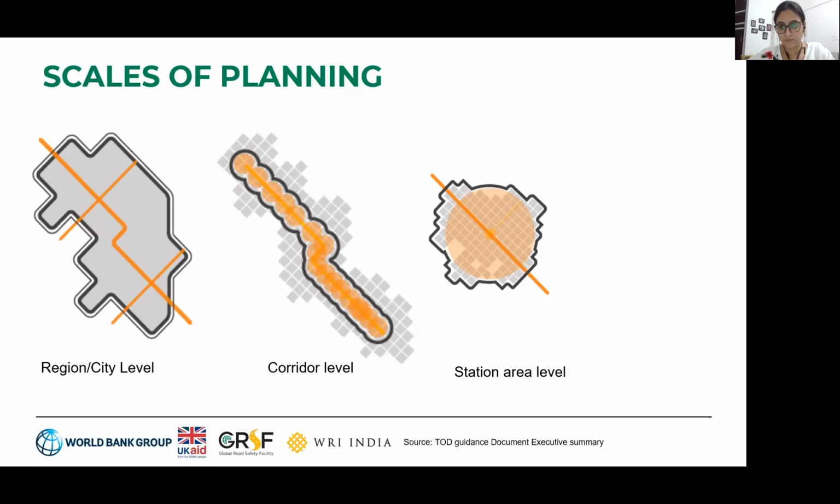And at site level, the focus is on individual developments within a station area. It includes targets for net intensity and density for development, internal circulation, building design and parking. While TOD projects are operationalized on individual parcels or streets within station areas, planning needs to be conceptualized at multiple interrelated scales. TOD planning can start at smaller scale and move up the spectrum or at a larger scale and